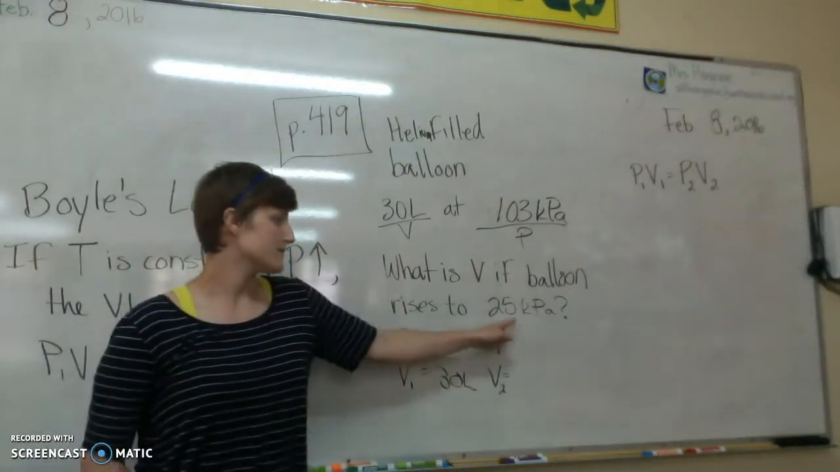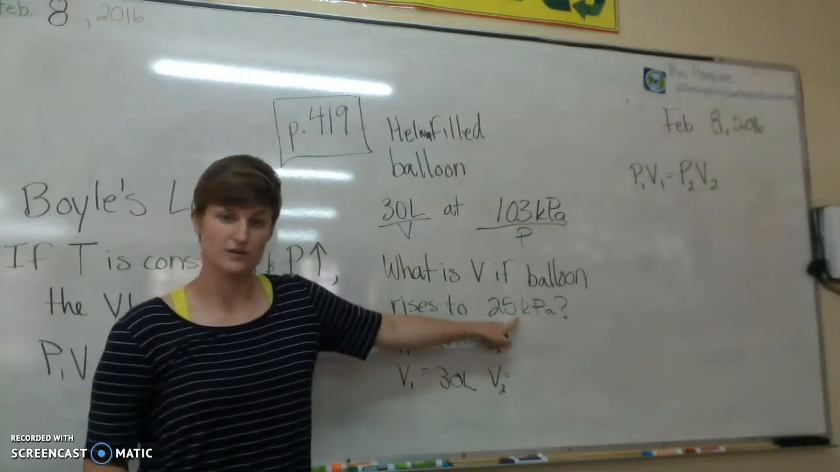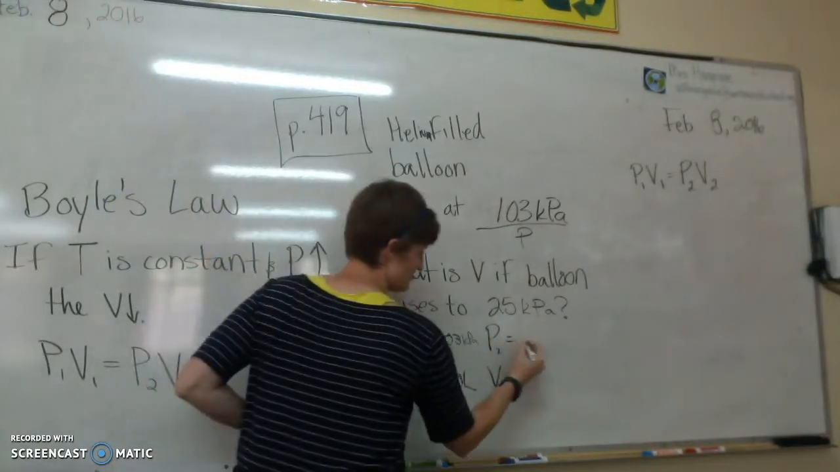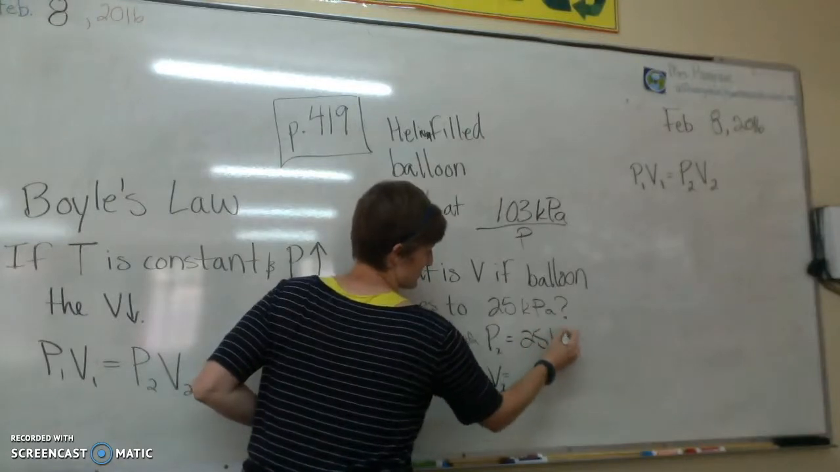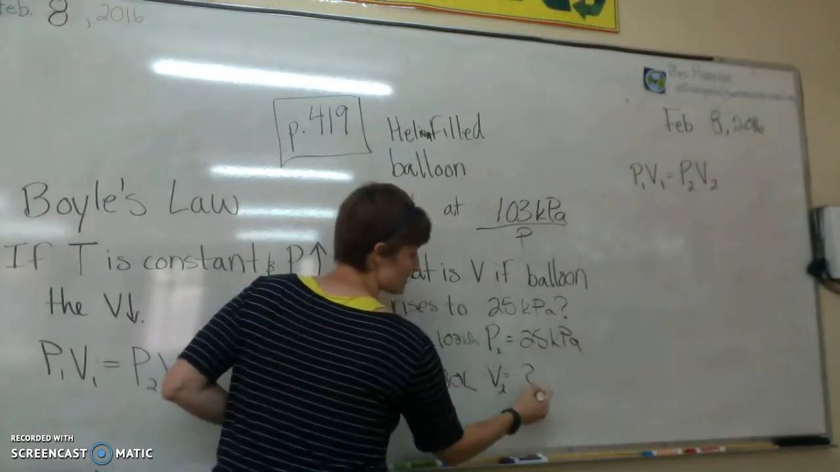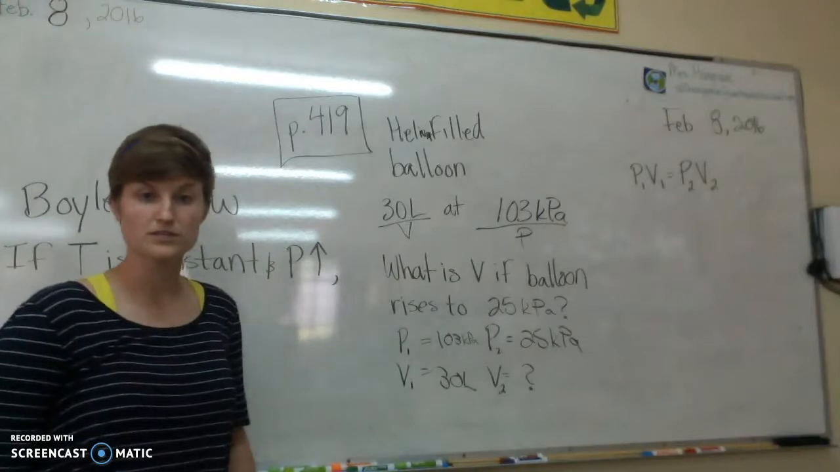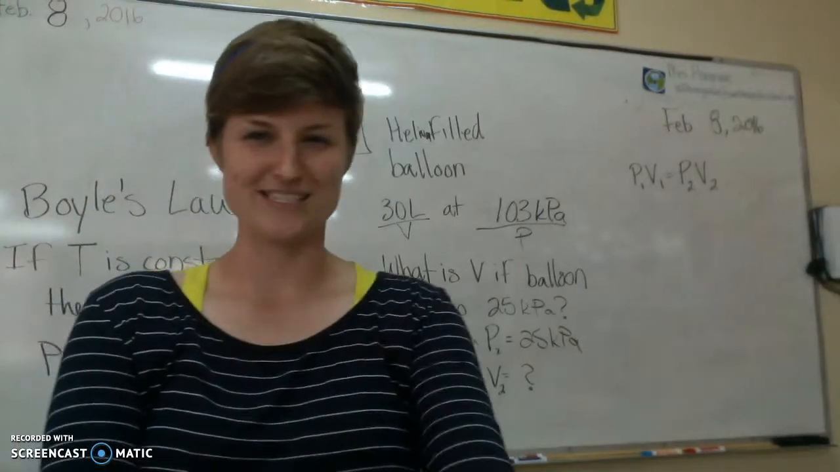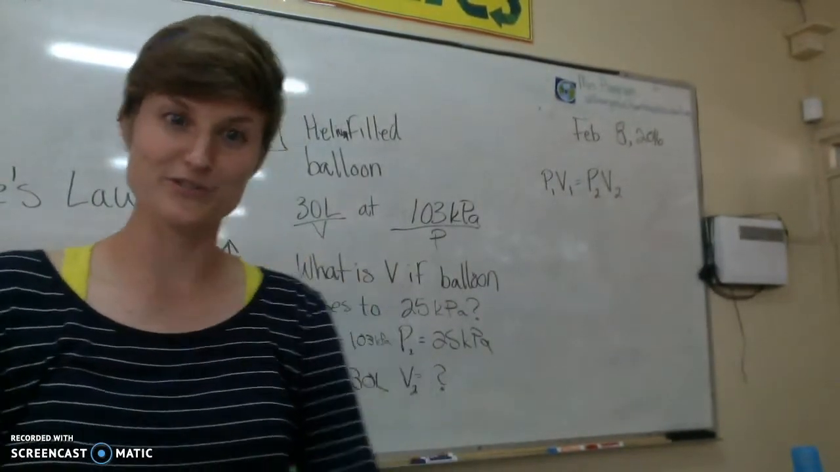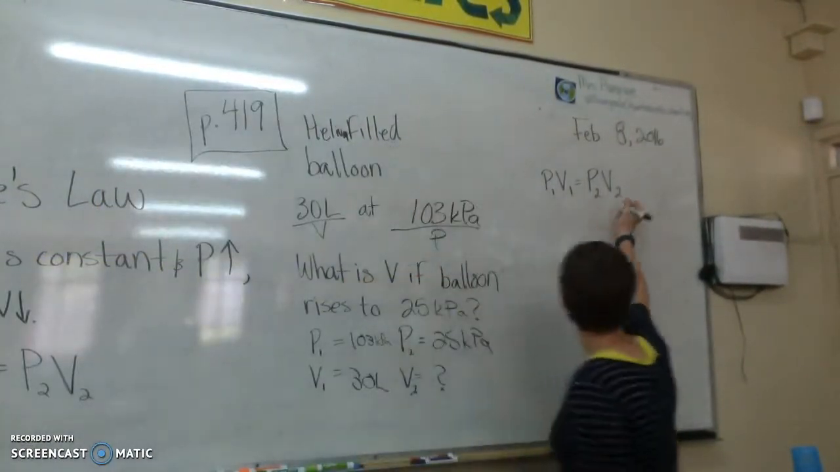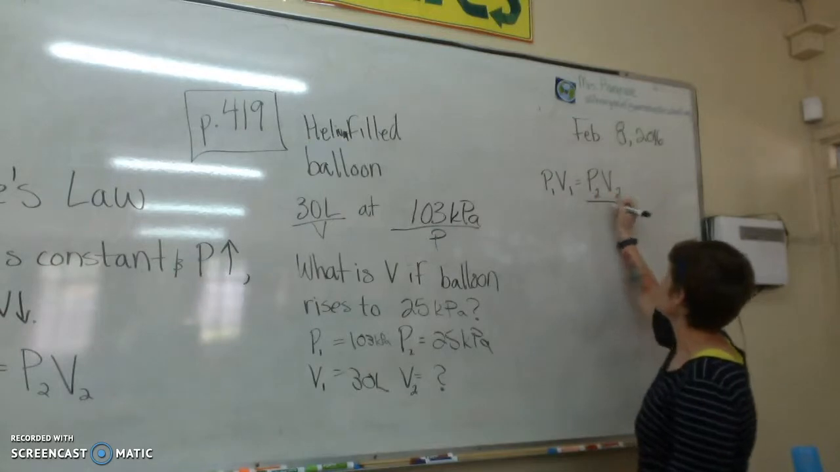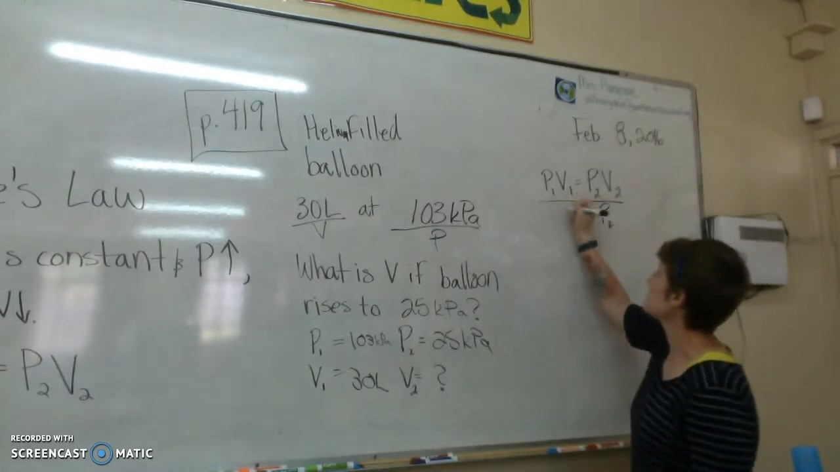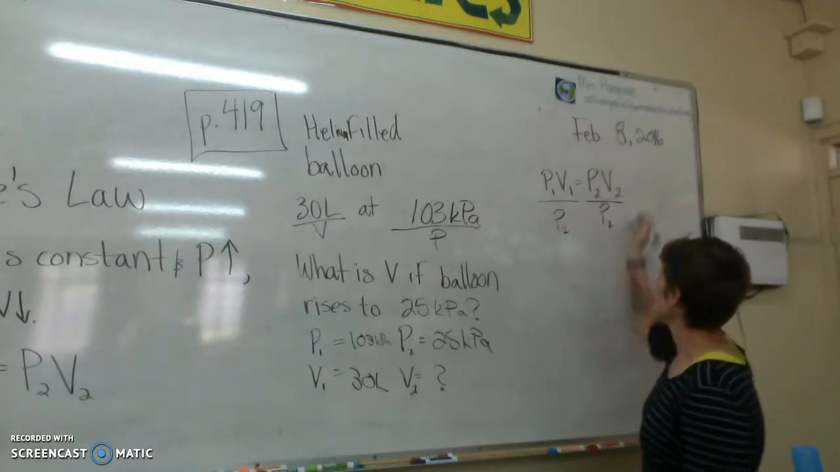Then it says if it rises to this pressure, so that would be our P2, 25 kPa. So what we're trying to find is our volume 2. With our formula over here, and I will twist this just a little bit more, hopefully you can see it, we need to isolate this one. So if we divide by P2 on both sides, then we will get what